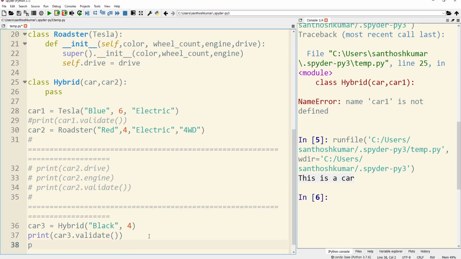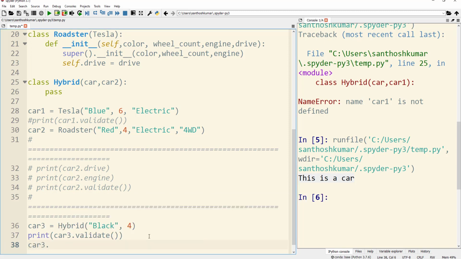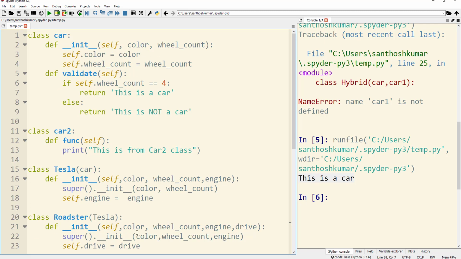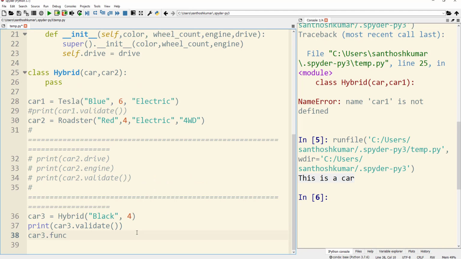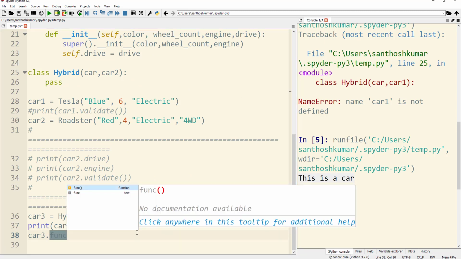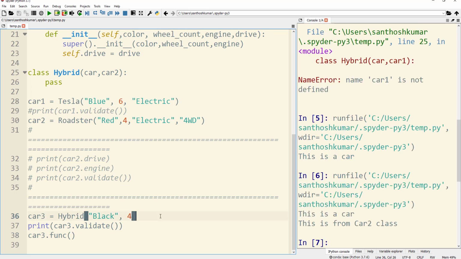I can also access the method from the other parent class, car2. In order to do that, I am typing car3.func. func is one of the methods in the class car2, and when I run this program, as you can see, I get the statement this is from car2 class.